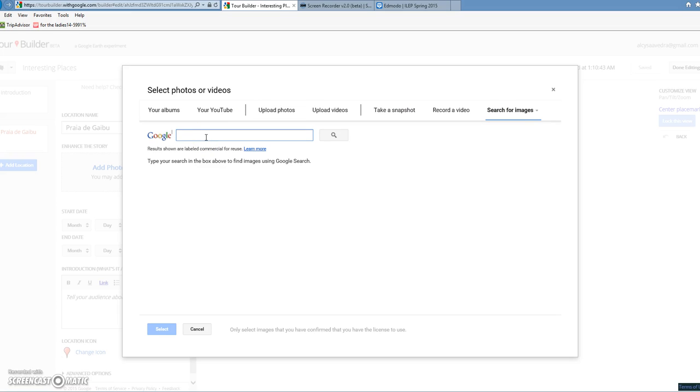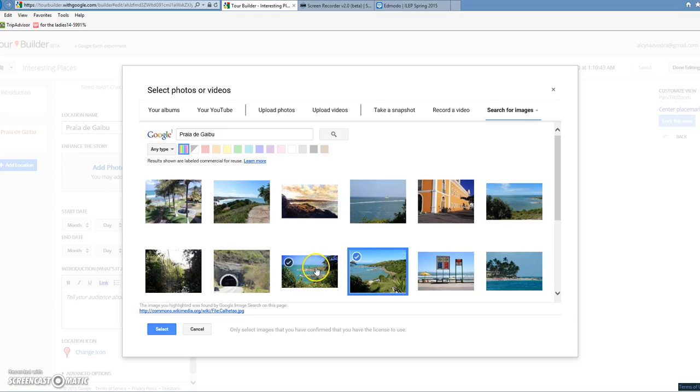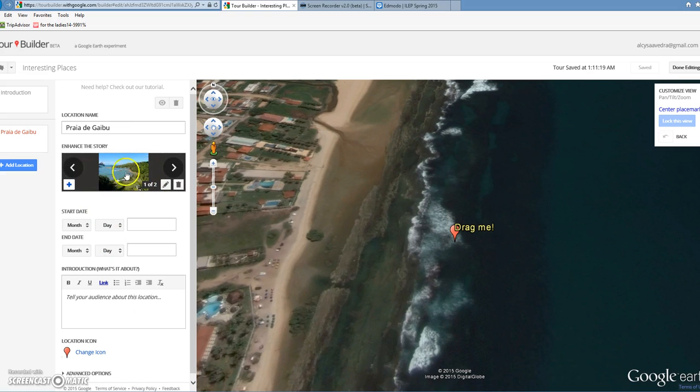So I use Praia de Gaibu, and then here I have some options. I will choose these two pictures. I can select as many pictures as I want, okay? When I select this, I click this button, and then the pictures are available on my tour. Well, if you are giving a class of any subject, you can type here the proper text,